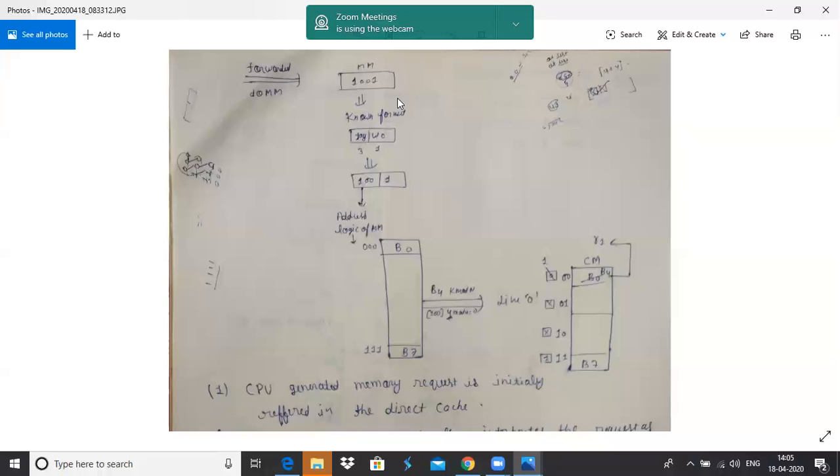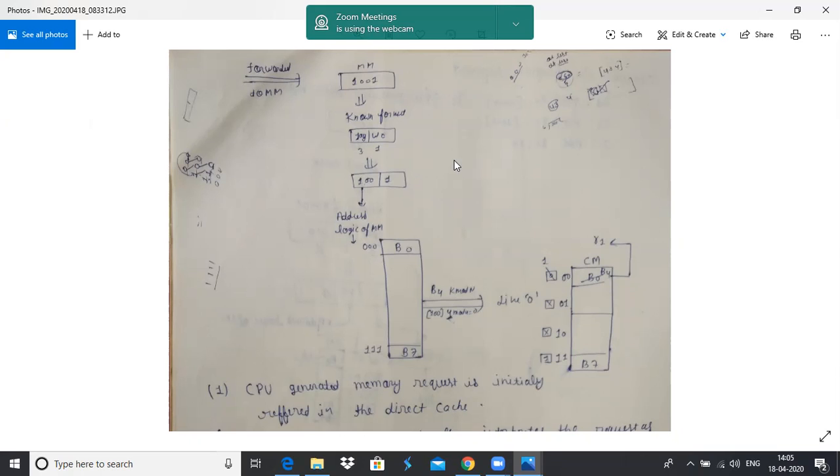In this case, the cache misses will be more, and each time the replacement operation will be performed, because the CPU requests more blocks.